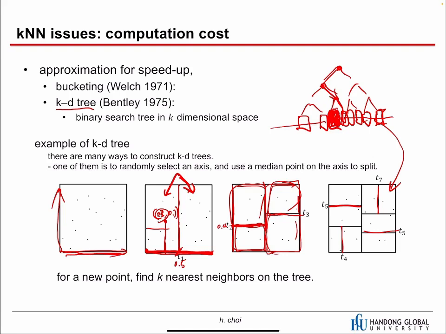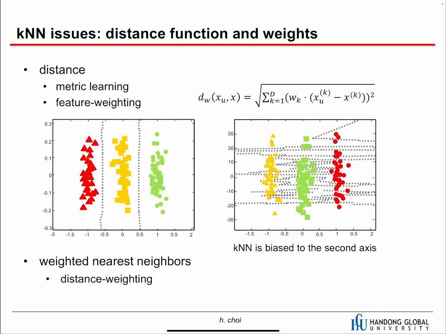So there are many other approaches to approximate, to find the exact neighbors. Okay, that's one idea. And there are other issues in KNN. First of all, distance function is a problem. To solve this issue, we can use a metric learning approach, or we can simply use feature weighting. Okay, so in the metric learning,